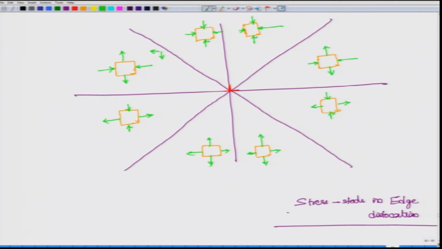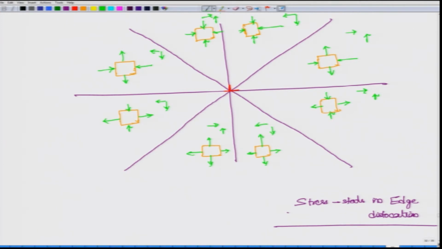So, if this is the direction of sigma xy, and to balance it in the other direction we have sigma yx, and these are the same for these two. Similarly, this is the bigger lobe, this is the smaller lobe. So, this will again be like this. And how would it be for the other one? It will be the opposite sign. So, it will become like this. So, this is a bigger lobe and these are the smaller lobes.